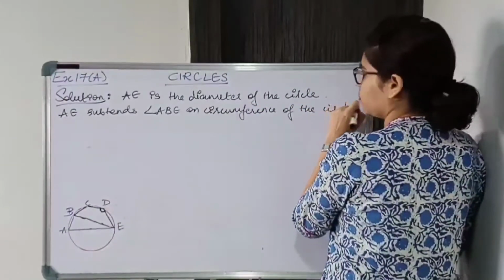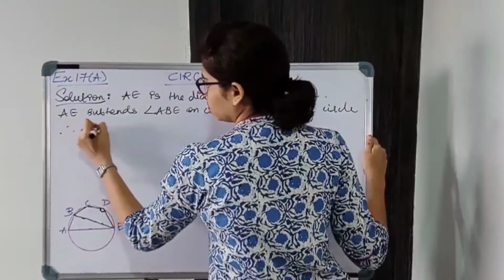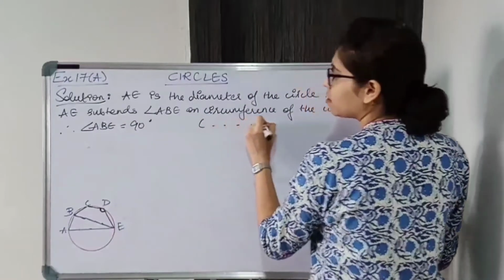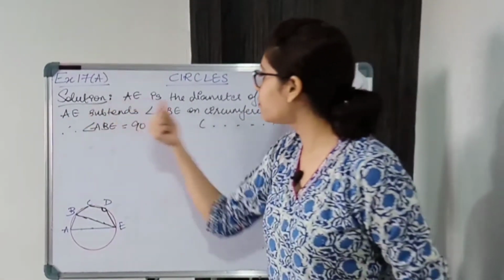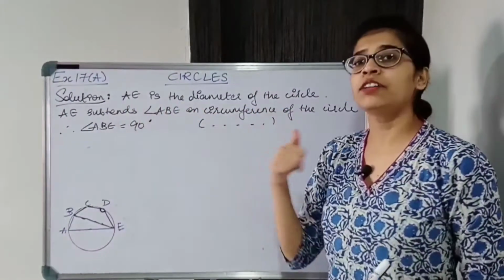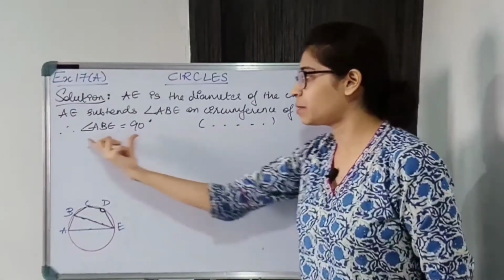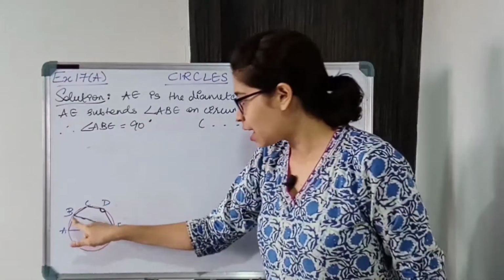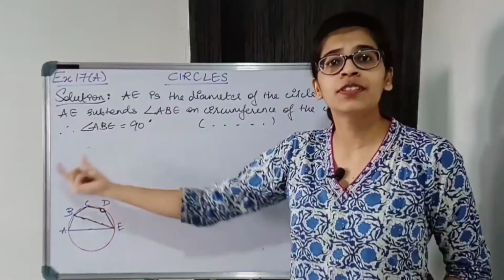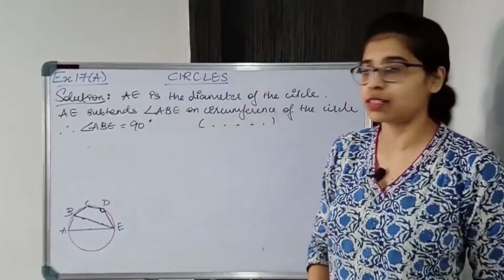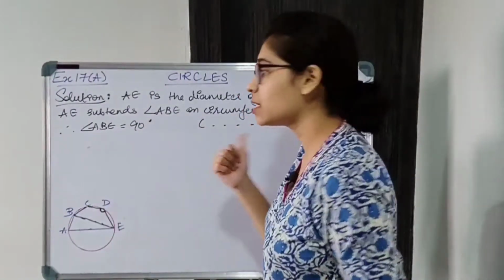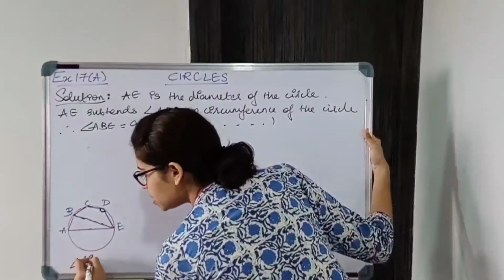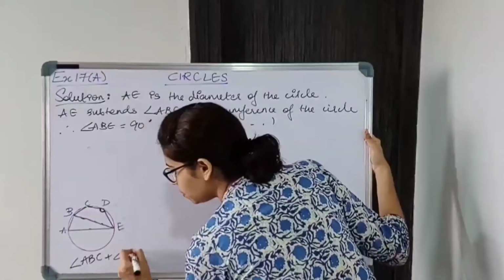So therefore angle ABE is 90 degrees. Angle of semicircle, give reason. Okay, this in fact is a sufficient reason. But if you are given textual reason, then angle of semicircle हो जाता है ये. Okay, diameter divides the circle into two equal parts, and the angle on the circumference in a semicircle is always 90 degrees. Okay, so ABE मिल गया, it is 90 degrees. Now we have to find ABC plus CDE.